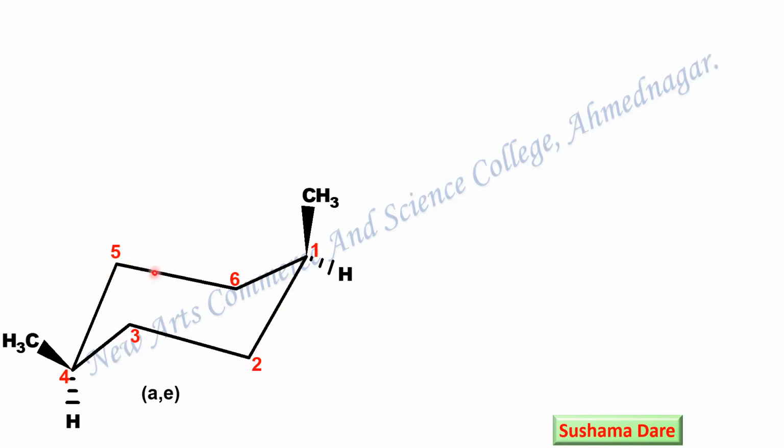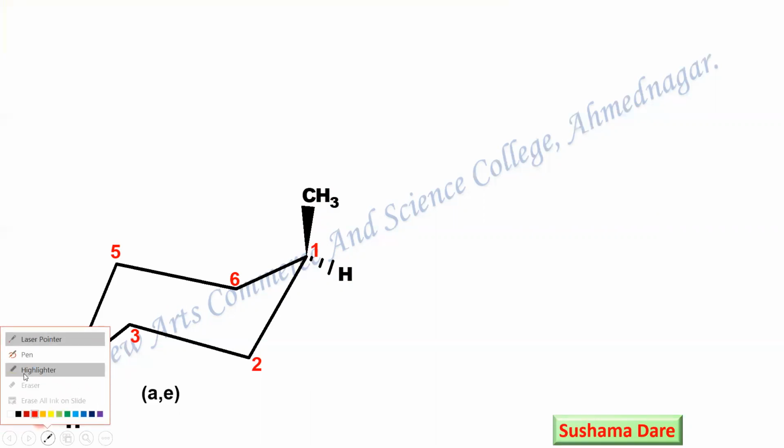Once you complete the drawing of the chair conformer, your duty is to number the carbons, that is 1, 2, 3, 4, 5 and 6. Always remember number 1 is kept at the head of the chair. Now what is the requirement at number 1? Which are the two bonds available? This upper bond, the beta bond, is available, and another is the alpha bond. We require a wedge bond for the placement of the methyl group, that means going in the upper direction.